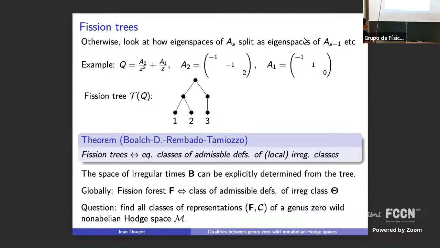But if you have non-generic irregular types, so if you allow for having several identical coefficients in the leading term matrix, then it's a bit more complicated. But at least in the untwisted case, it's quite easy to figure out how to characterize equivalence classes of admissible deformations. And we can do that by introducing what one can call a fission tree. I will just illustrate the construction on an example. You will see easily what's going on. So let's consider this example with rank 3. I have this leading term coefficient, and you see it has two identical coefficients here, and this one is not identical.